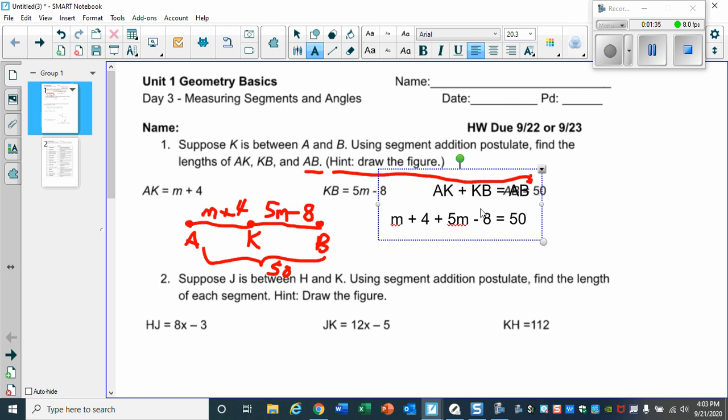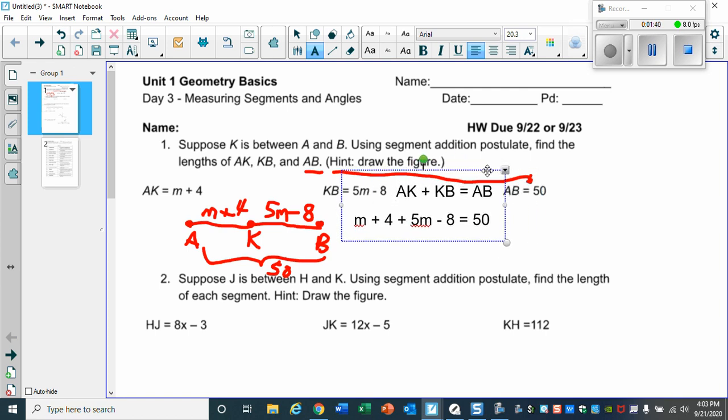Now, what's going to happen next is you will need to combine like terms. That's the most important step of this whole problem. You have an m and a 5m, that gives us 6m. Positive 4, negative 8: you're really subtracting. 8 minus 4 is 4, but since our original larger number was negative, the final result will be negative. So we have 6m minus 4